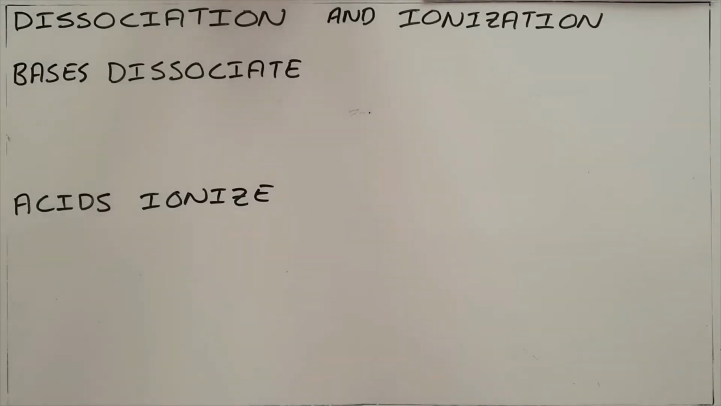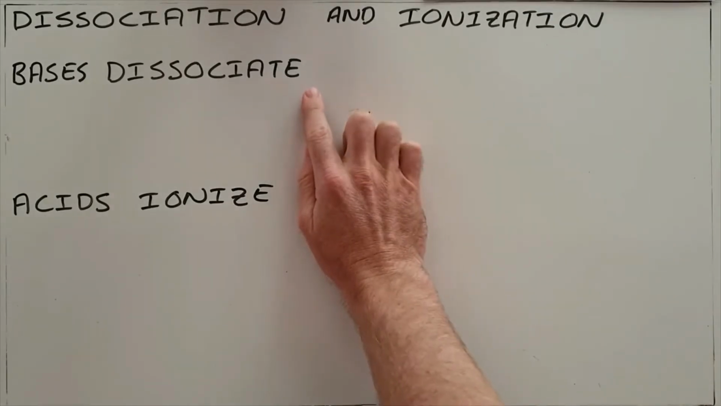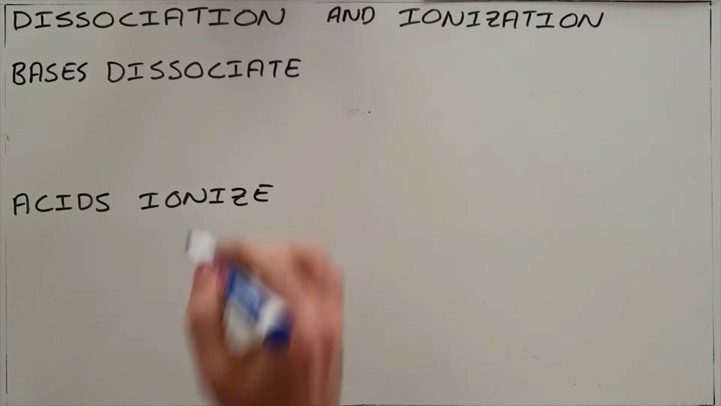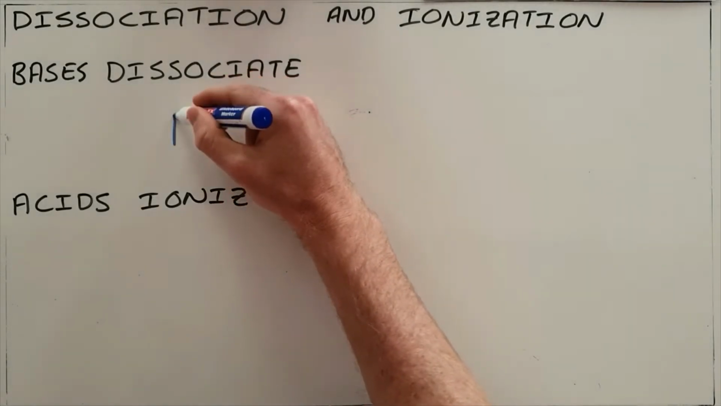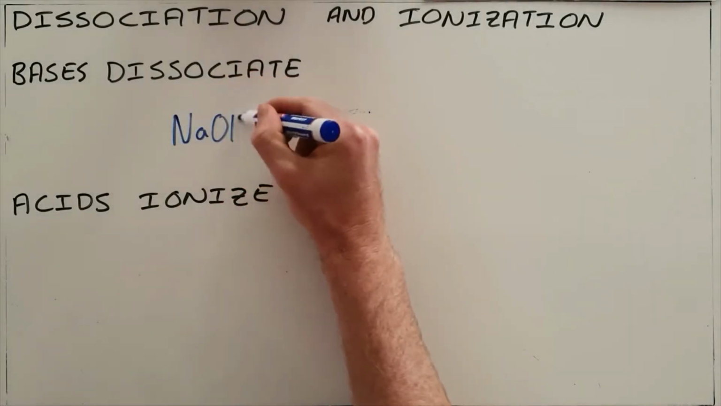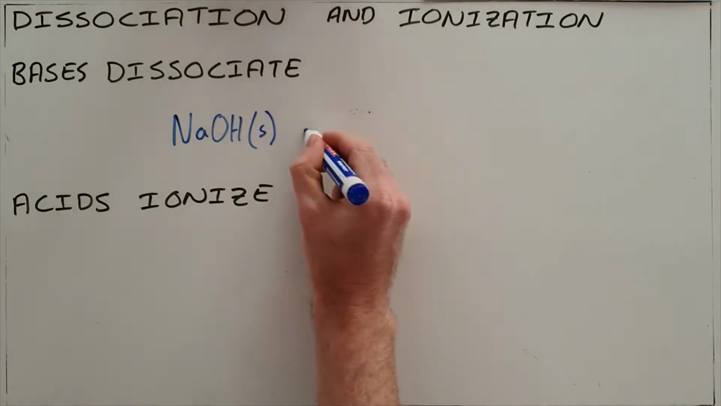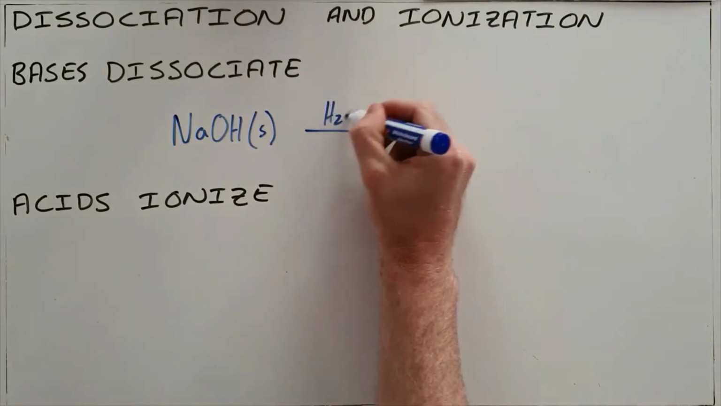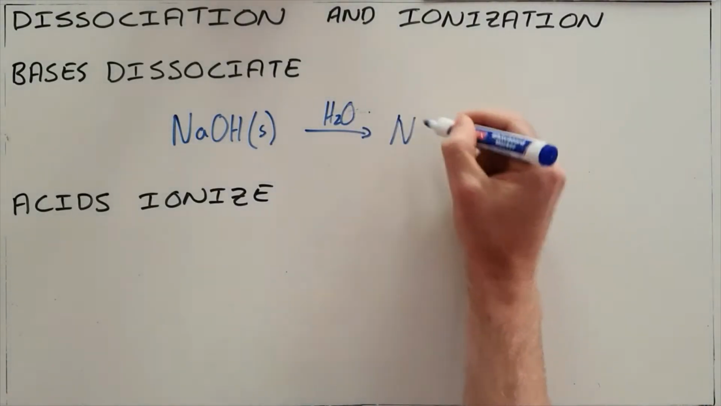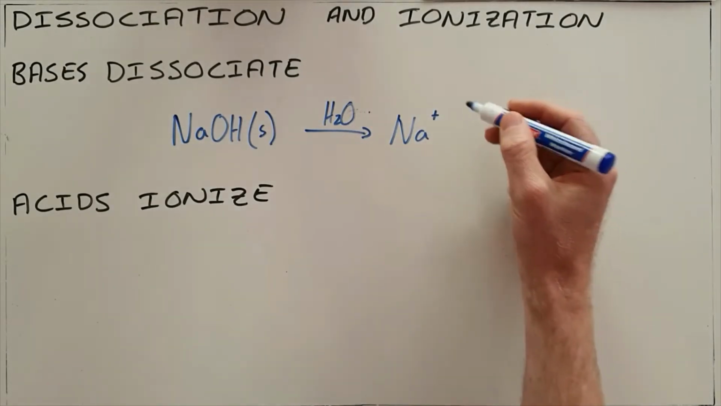Since most acid-base reactions take place in the presence of water, it is important for us to understand how acids and bases interact or react with water. So we're going to start out with dissociation, and we know that bases are always the substance that dissociate, and a dissociation reaction is a simple reaction in which a substance, in this case a base, solid sodium hydroxide, when placed in water, dissociates by breaking up into its constituent ions, meaning the two ions that it is